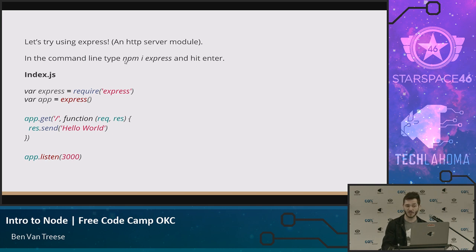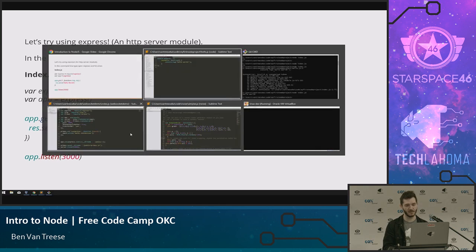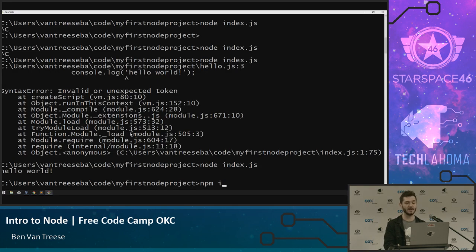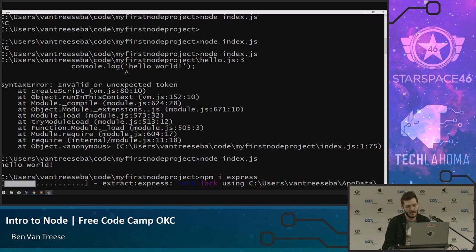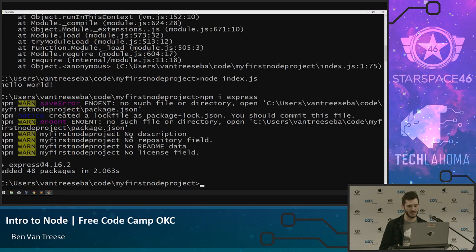So to install Express, you just type npm I or npm install, and then the name of the module, so npm I express. So let's go ahead and do that, and we'll see if anything breaks here, because this did break yesterday when I had an issue with npm's cache, or I don't know, it's really strange. Cool. Oh, no. Okay, so this is just telling me that I don't have a package.json file, which is,